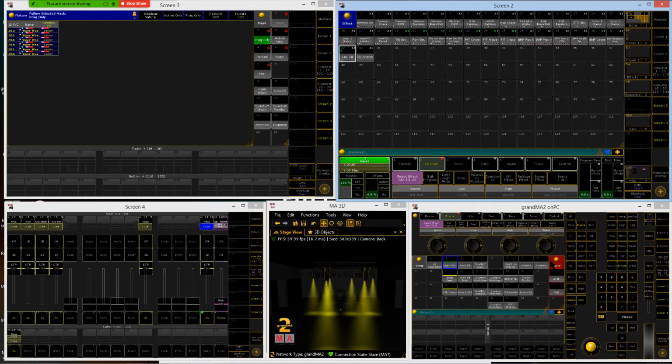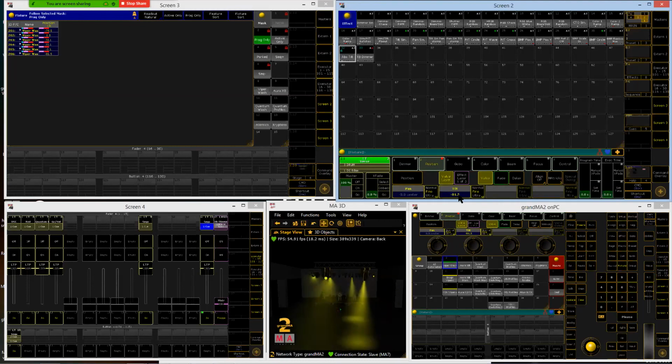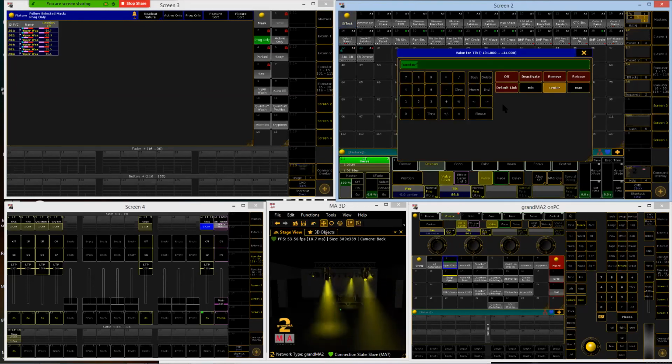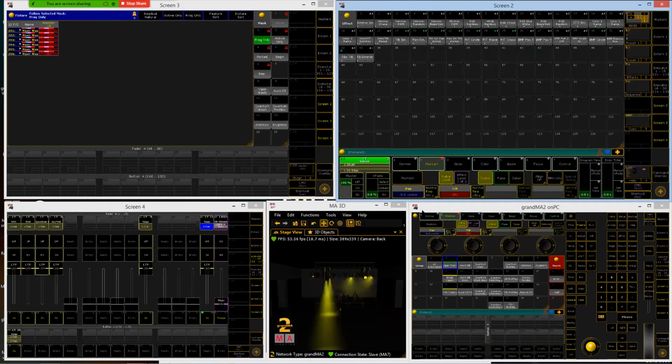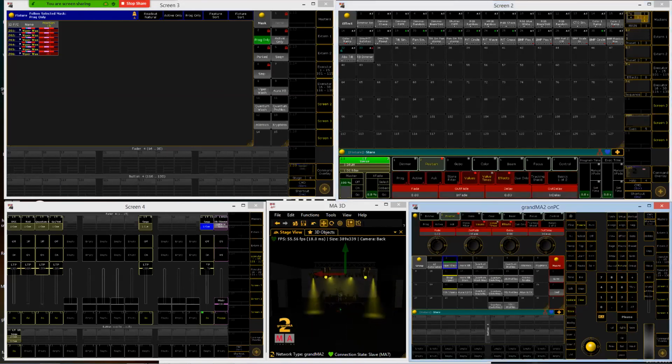Another way to do this instead of stomp is, say I have the effect running here. I could use the release command for the attributes to release the effect, okay? And to do that, I have the fixture selected, I'll come back to the position tab. It's just tilt that's running on this effect. So if I click in the box, I have release up here, which will release the value. You're not going to see it live because that's, again, not a live thing. But now if I go to store this to executor 14,